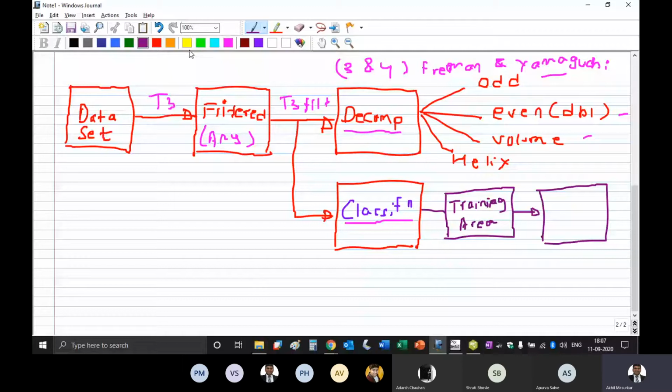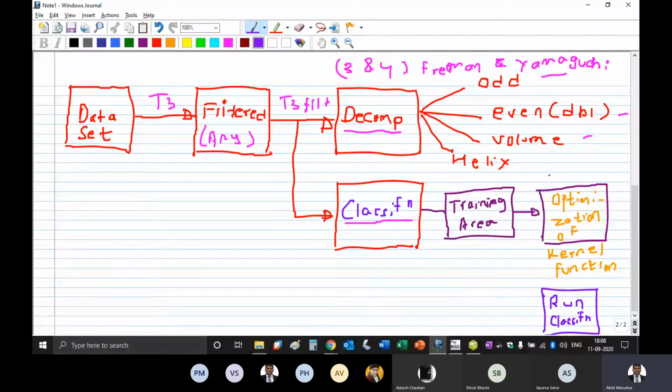So here we have optimization of kernel function. And after optimization, we do a step called run classification.